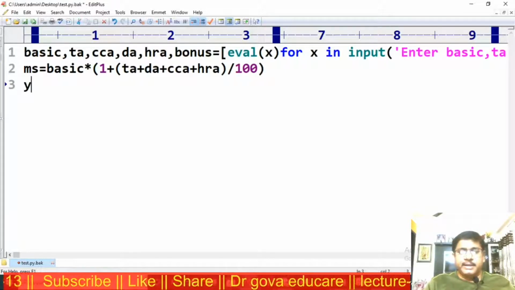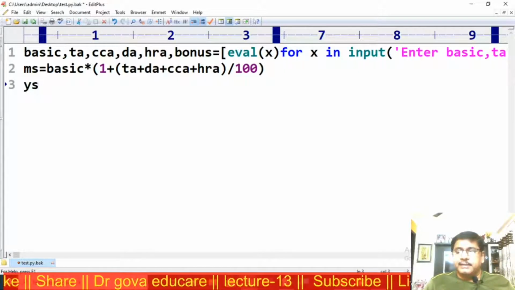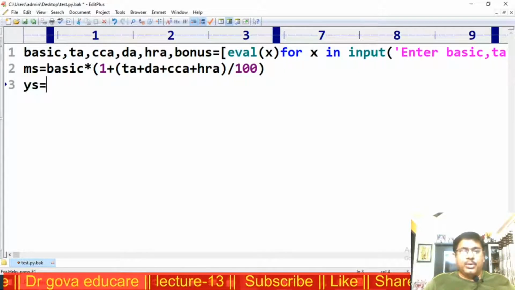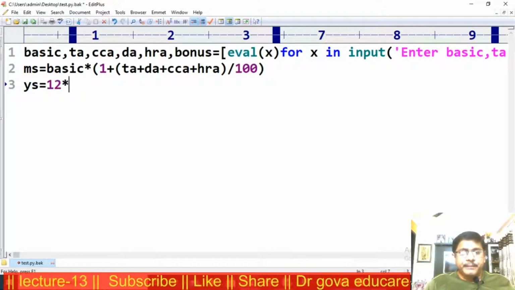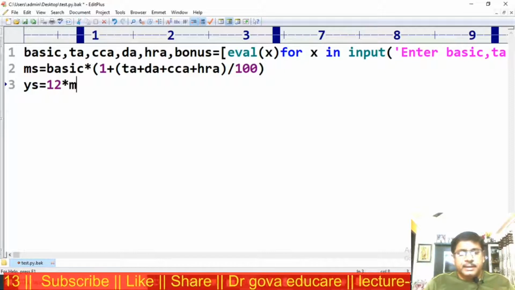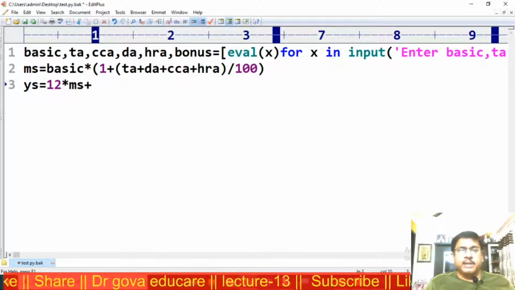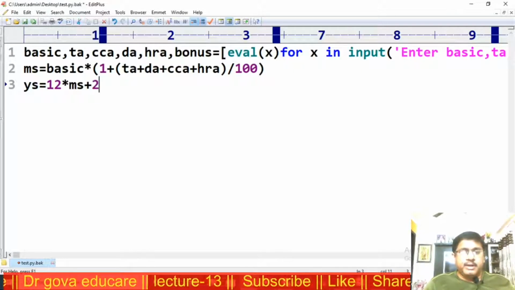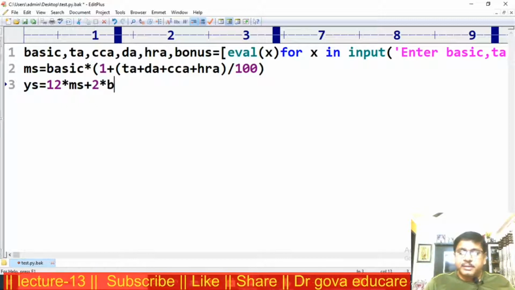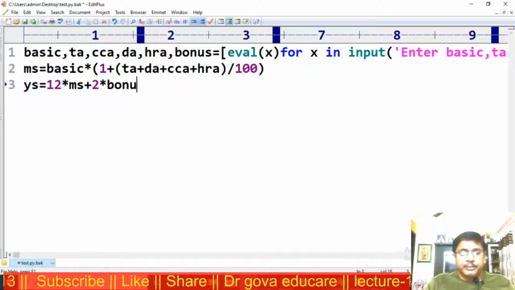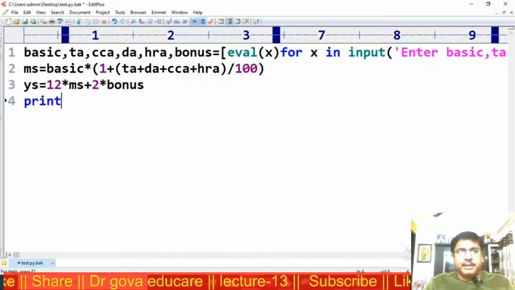Now yearly salary is equal to 12 into monthly salary MS plus bonus, half yearly bonus. Now yearly bonus is 2 star bonus. I want to print yearly salary.